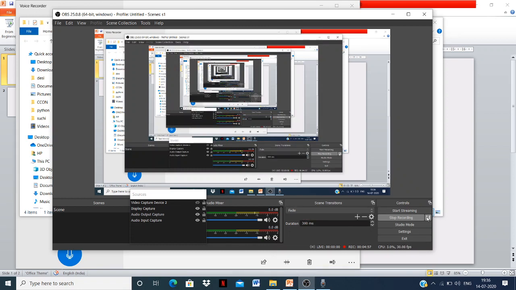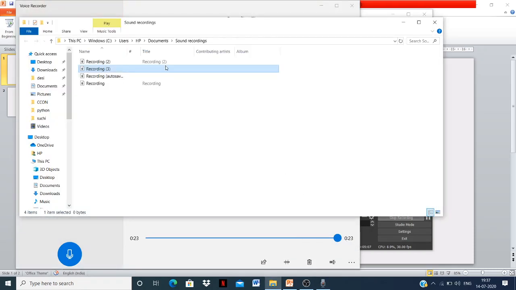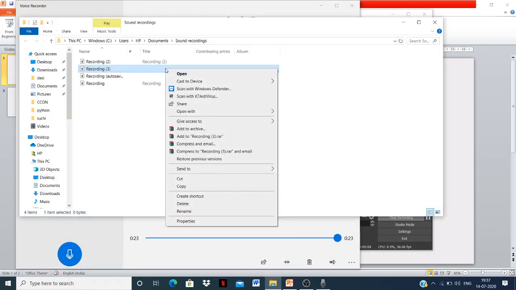So as you can see here, I have opened the file location of my recorded audio from here, and from there I just right click on it, and I will get the option of copy. Why am I copying this? So that it will be easy to catch that particular recording or audio file while taking it into the presentation in a particular slide.